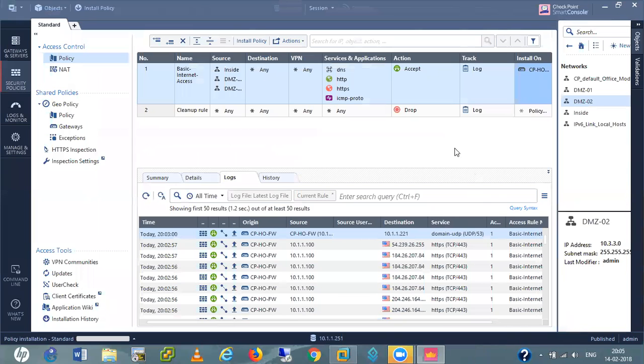One more time. Accept connection. It is matching this rule.